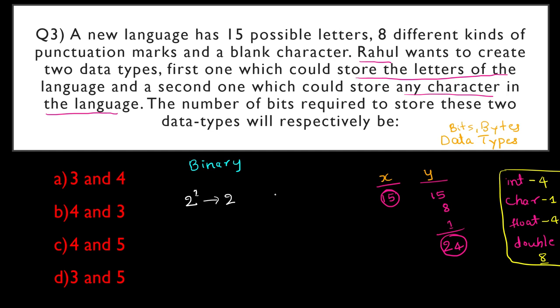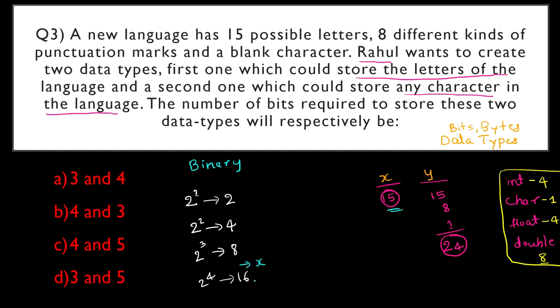Let us suppose you have 2 bits. So if you have 2 bits, you can store 00, 01, 10, 11. Totally for 2 bits you can store 4 different combinations. Now how many letters do we want to store? 15 combinations. Okay, but 15 is not a power of 2. So let us just list down the other powers of 2 that we have. 2 power 3 is 8, 2 power 4 is 16. So if you see here, our 15 lies here.